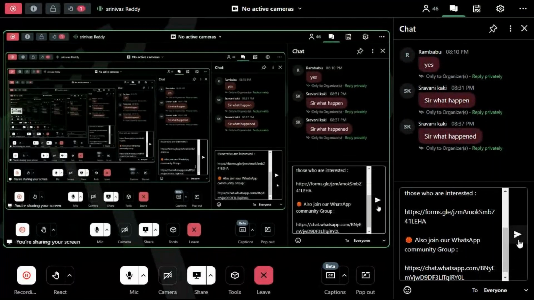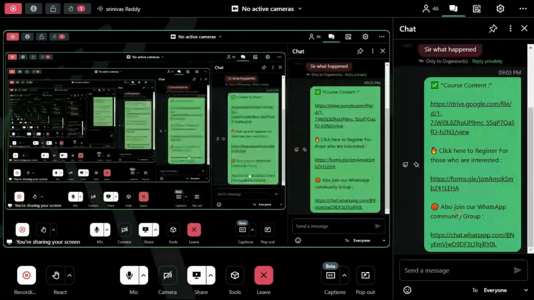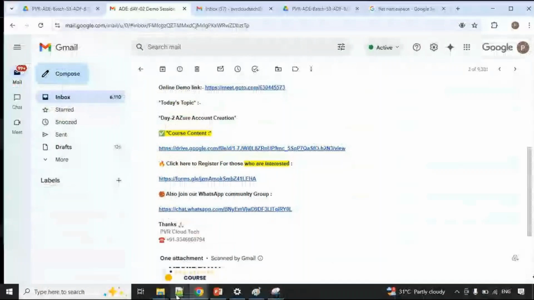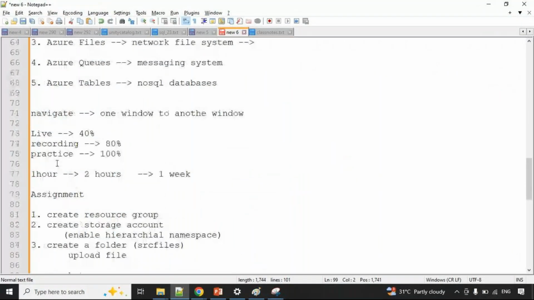Okay guys, as I said initially, mentally prepare for this one, because this is the navigation. Only live you will understand 40%, go through the recording, then you will understand 80%, guys. So after attending the first or second session, don't conclude or take yourself low, thinking I'm unable to understand anything. Go for the recording and practice this one, guys.